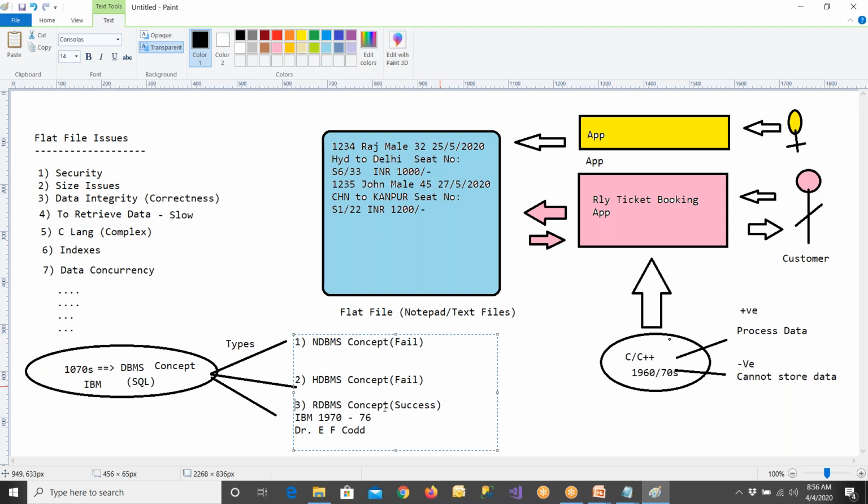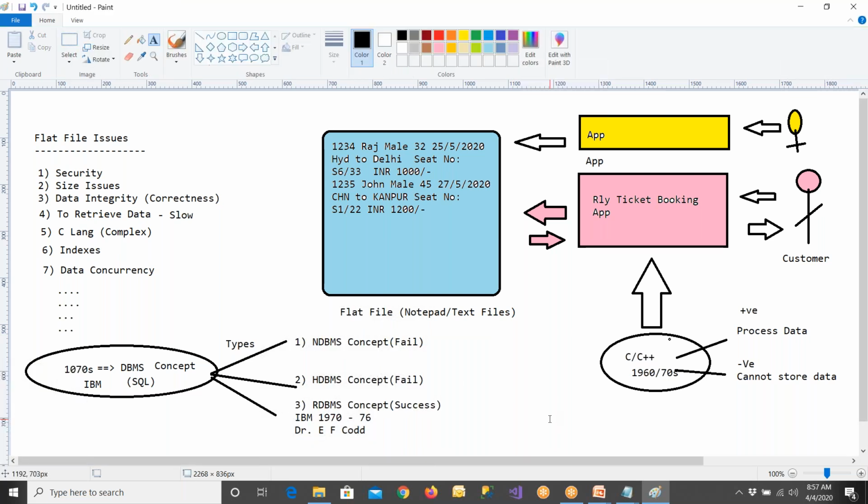So RDBMS is one of the database management concepts, invented by Dr. E.F. Codd. He was working as a mathematician at IBM in the 1970s and '60s, and he was also working on a lot of computer applications at that time. So network DBMS and hierarchical DBMS are completely gone, and later we got RDBMS. RDBMS is one of the DBMS concepts, one more type in the DBMS.